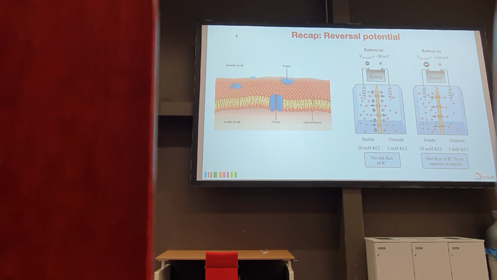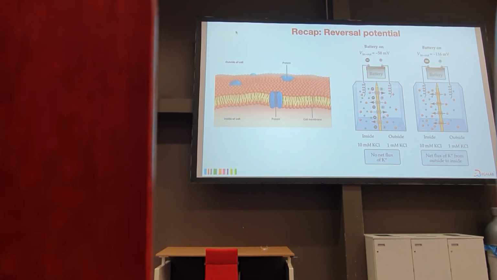No charges can flow through the membrane. The ions, sodium and potassium, which are the main ions that carry electrical signals in the brain, can only flow through these proteins, the ion channels. And these are selective for these ions. Not all ions can flow through all ion channels. There are selective ion channels which can only conduct one